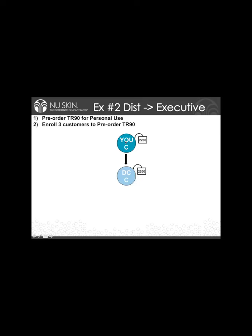So if you look here, you've purchased and you've had a customer purchase with one code on one order, and then this would be another distributor or customer with another customer, and that would be one code with two packages on one order. So you'll see it'll be another $2,200 in volume. So it's the same thing as before: you're purchasing it and you're getting one, two, three other product users